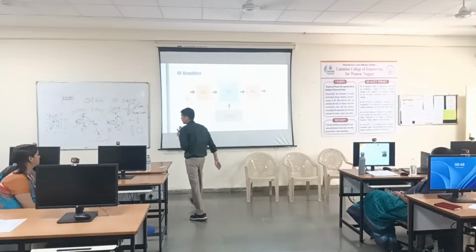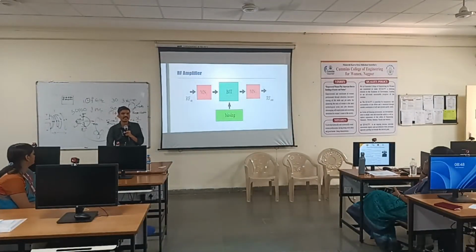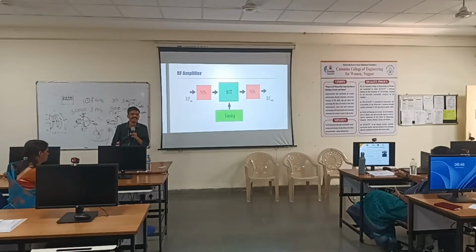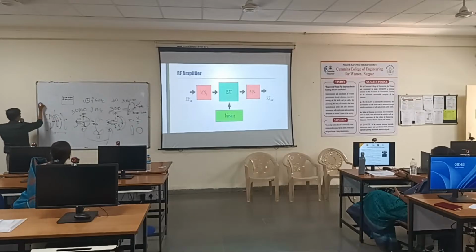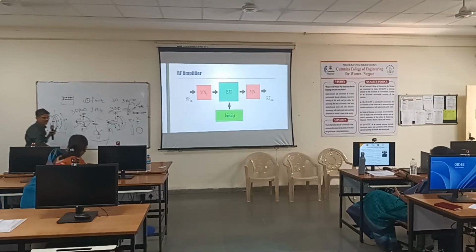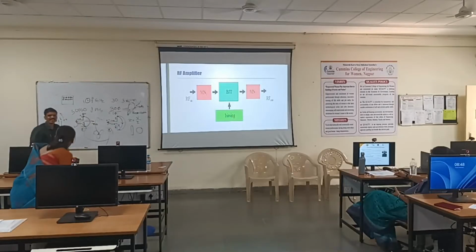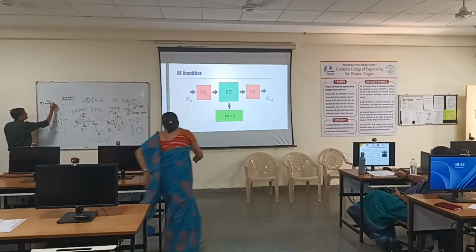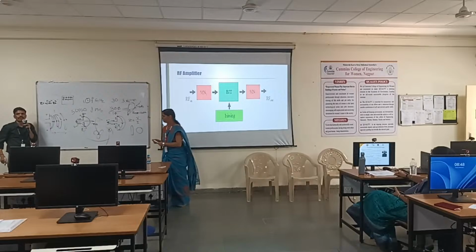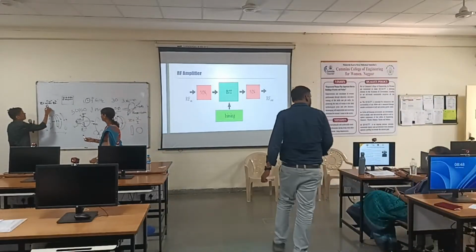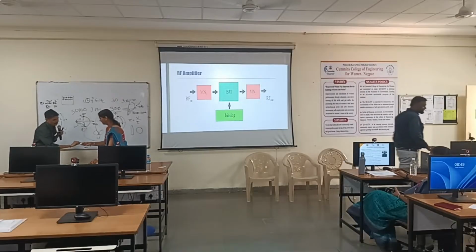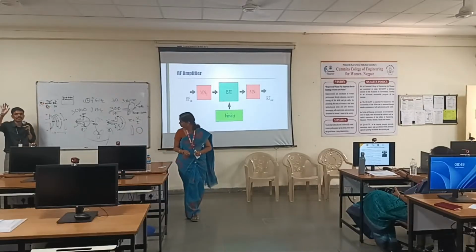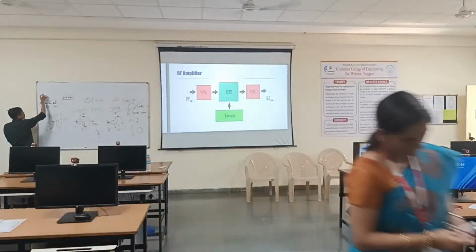What is the formula? That we teach in microwave. The quarter wave line transformer, right? What is the formula for the quarter wave line transformer? The impedance of the quarter wave line will be the square root of Z1 times Z2. So whatever impedances we have, let's say 50 ohm and here 10 ohms, you have to multiply them and take the square root. Whatever number you get, that will be the impedance of your quarter wave line.